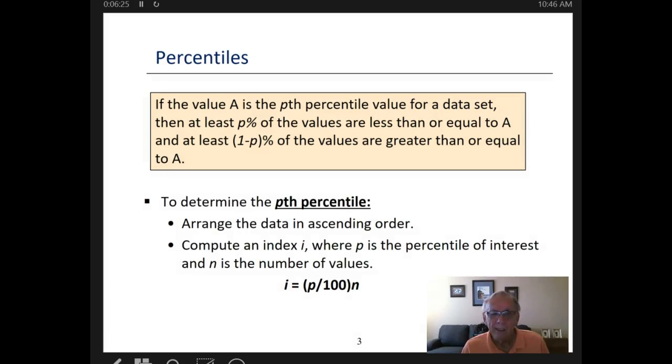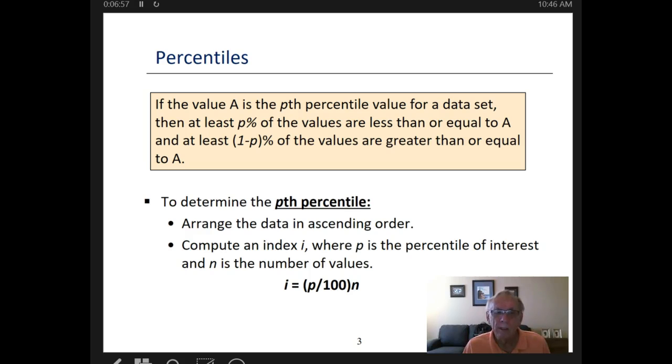Percentiles. In a sequence data set, we are looking to find the number in the data set that will represent the percentage we are looking for. As an example, if in a data set we wanted to look at what the 50th percentile was, we would put 50 over 100, divide by the number of items in the data set, and that would give us the item in the data set that we need to